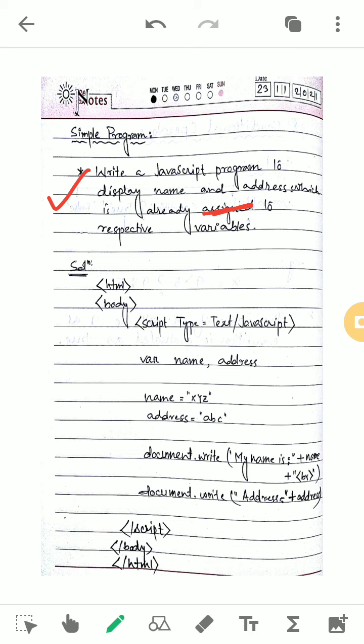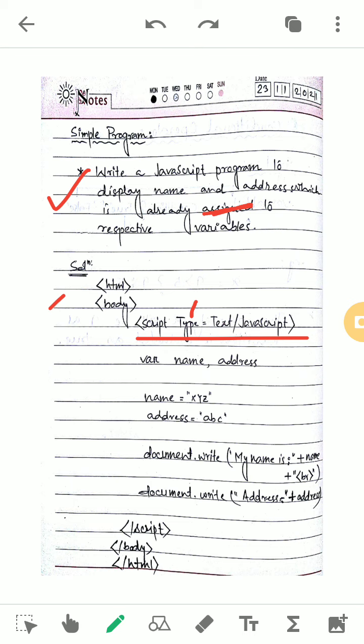As we know, this JavaScript program should be embedded within HTML code. So here you see the solution. HTML starts, then body, then the script tag. We have discussed this line, how to start a JavaScript program, along with the syntax, in the very first class. The script tag has two attributes, type and language, and language we may omit. Only the type attribute can also be used. The value of this type attribute is text/JavaScript.